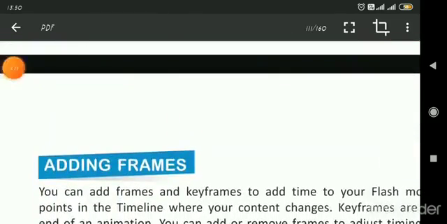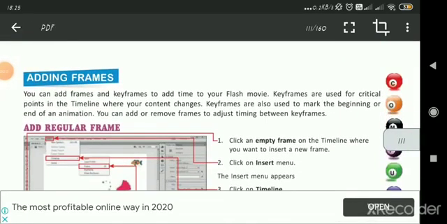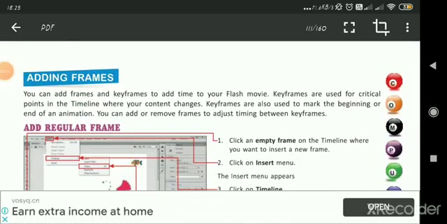Okay. Now, coming to the next topic, adding frames. You can add frames and keyframes to add time to your Flash movie. Whenever you want to add time in your Flash movie, you can use frames and keyframes.